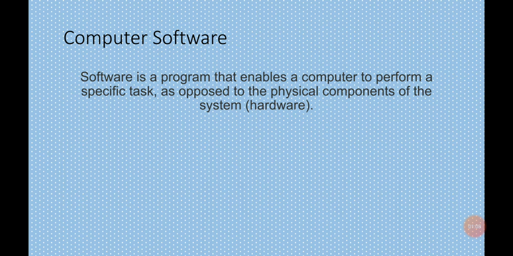Before making you understand the definition of computer software, we need to take a real life example to understand the term software. Suppose there is a human body. The body parts of the human are known as the hardware, which is the physical part, such as hands, legs, eyes, nose, mouth. These are the physical parts of the body, so it is known as the hardware in the computer system. The physical components of the computer system are known as the hardware, such as your mouse, keyboard, and so on.